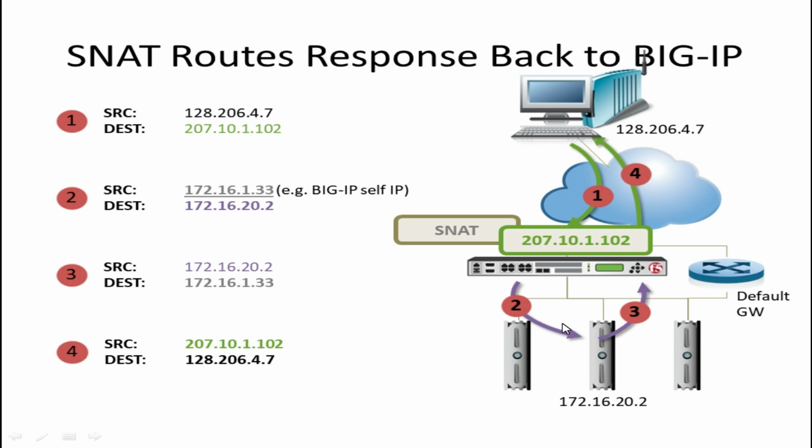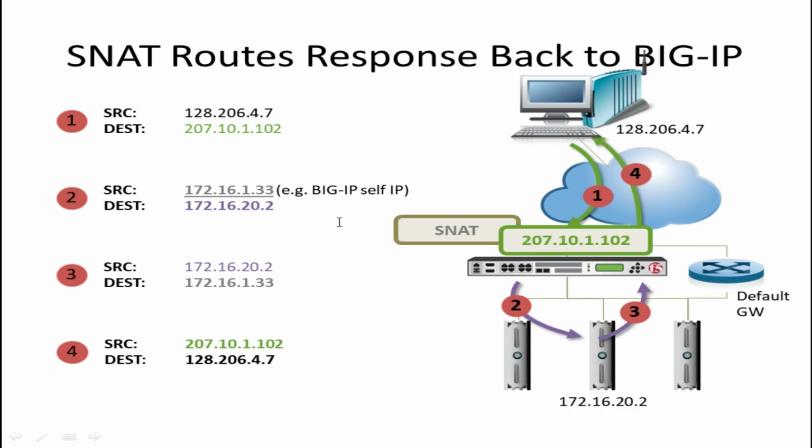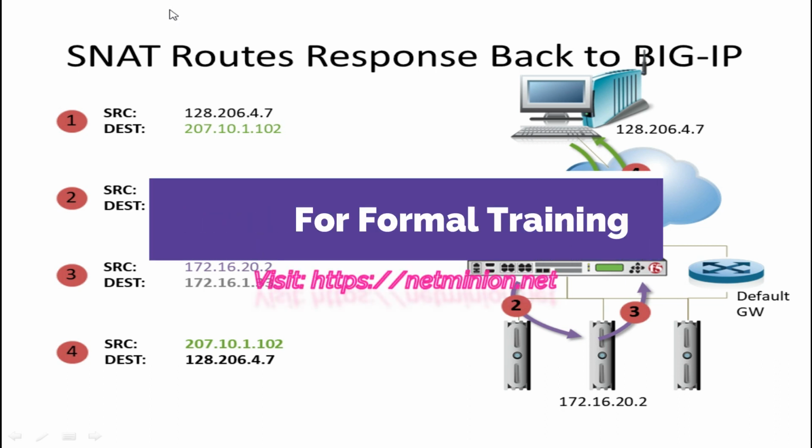So the self IP. Here is also a catch. If you have a floating IP, it will be used first. If you don't have a floating IP, it may use the floating IP of another VLAN, and if that also doesn't exist, it will use the self IP, the local self IP, and if that does not exist, another VLAN. That is the flow. Let us keep that separate and talk about packet number 2 again. Here the self IP is the source now, and the destination is again the lucky server, 20.2.